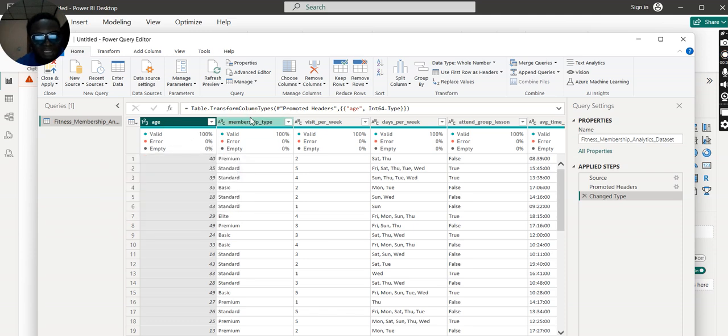So the age, the membership type, the visits per week, these headings could be found here, and then you see you are not having anything for the heading. You'll be having Column 1, Column 2, Column 3, and that is going to affect your data set. So in that case, how do you go about it? You can just use the first row as headers, assuming they are here. These ones are here. You can just use